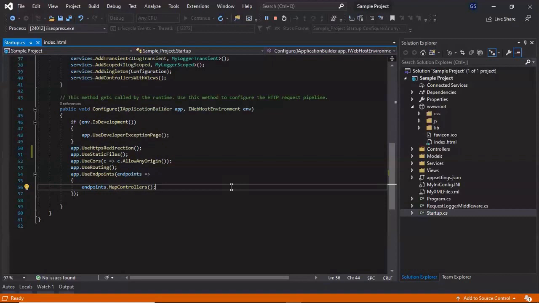Now suppose you are converting your existing MVC application to an ASP.NET Core application. In this case, you need to move your folder inside the wwwroot. But in some cases, you want to use that folder without moving it to the wwwroot. So let's see how we can achieve that.